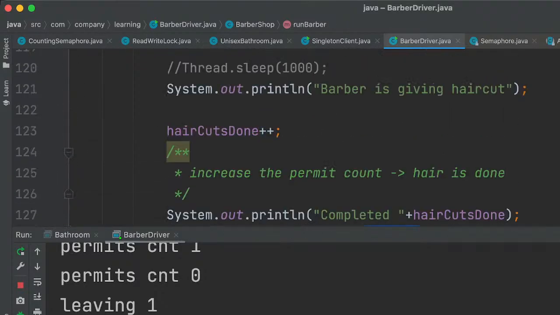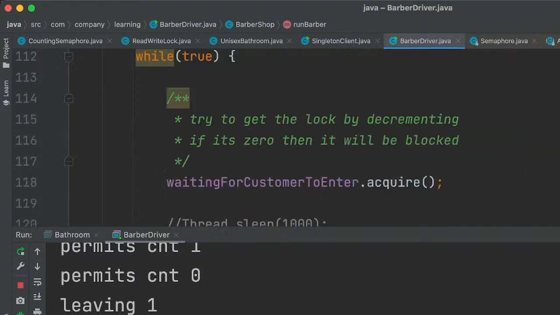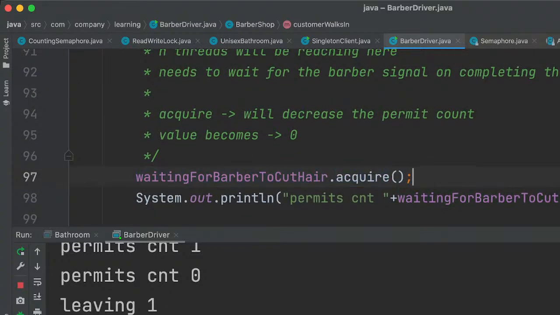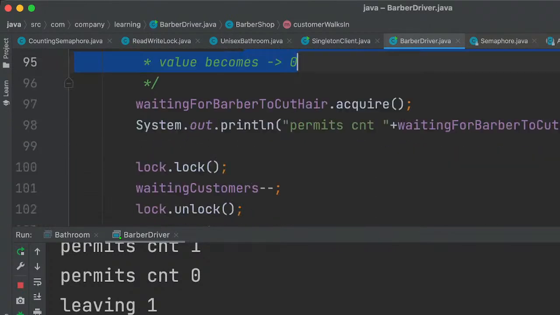So on releasing the permit, we are trying to acquire the token here. So permit count 2.